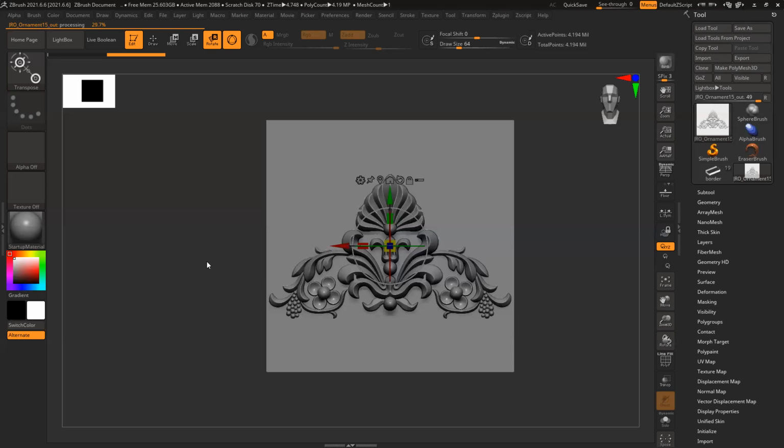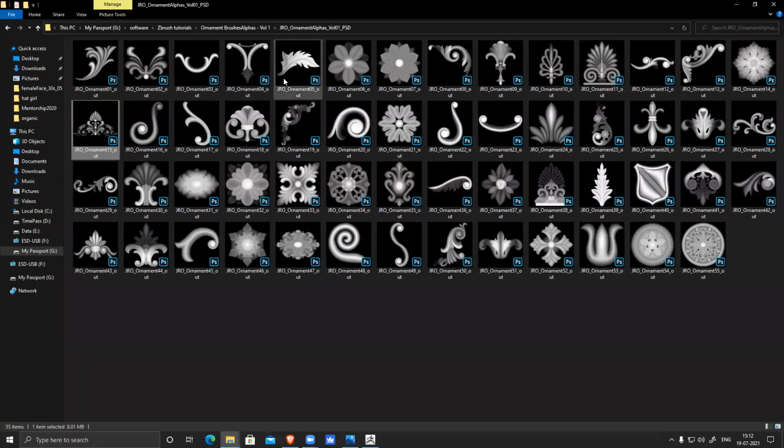And for alphas, we usually try to search for something similar and then modify it. That's what we do manually. You can see this is not very complicated, it's pretty simple.